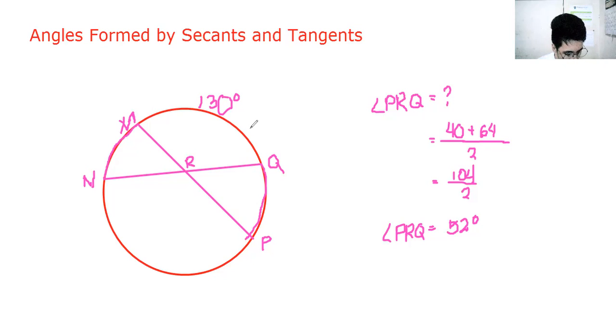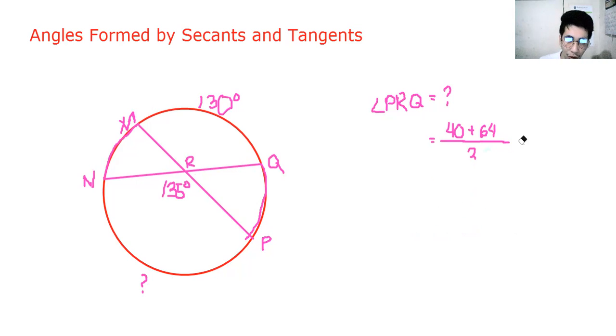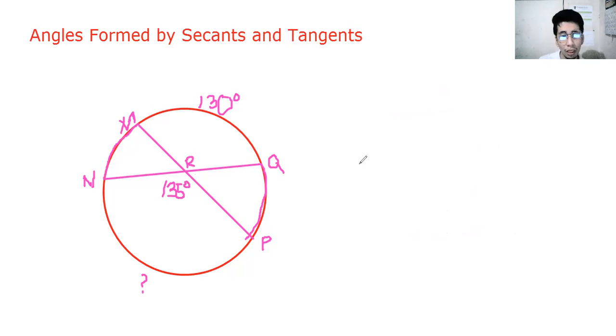And angle PRN, where is PRN? Ito, PRN. Angle PRN is 135 degrees. So, siguro ang hanapin natin is arc PN. So para malaman natin yan, half lang natin, then divide natin by 2, diba? Ganun lang siya. So, lagay natin si angle PRN